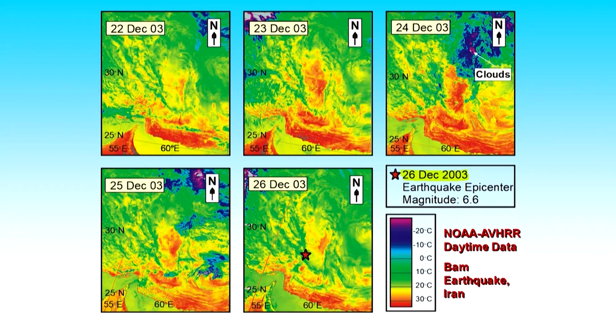Things started becoming normal on 25th. They are going basically in the background. The 26th, from a temperature point of view, is almost the same image as 22nd December, but in between, on that day, the earthquake occurred. So what we are seeing so far in these two examples is that there is a rise in temperature and the peak is reached before the earthquake occurs, and then the earthquake occurs and things become normal.